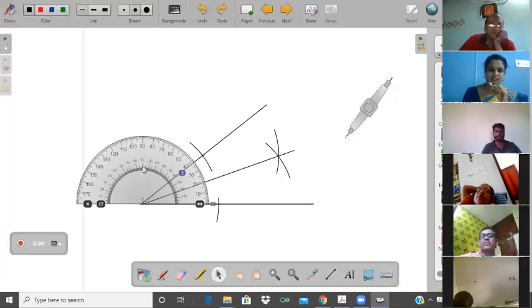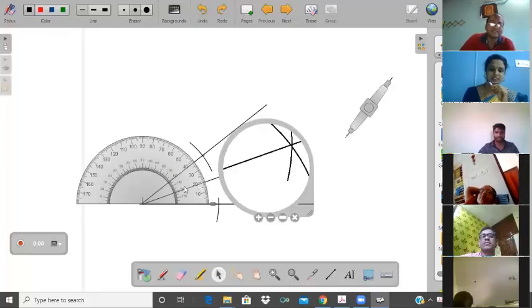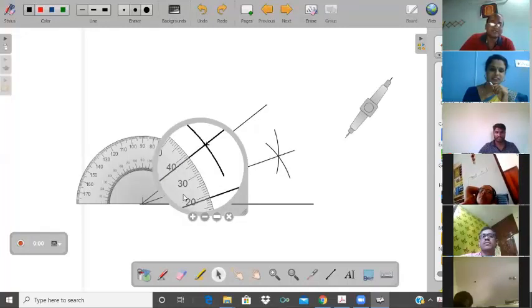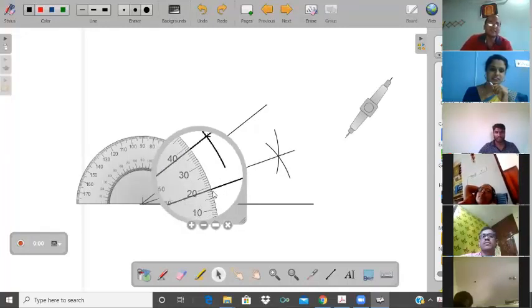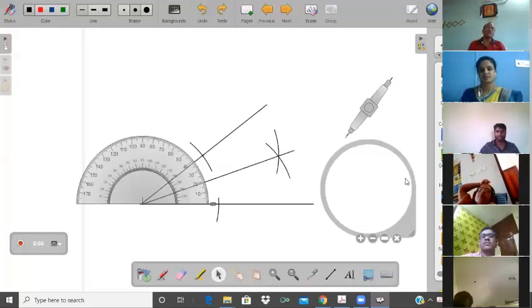It is nearly 38. Here it is 38 degrees. So it becomes 19 degrees. So exactly, we drew an angle bisector.